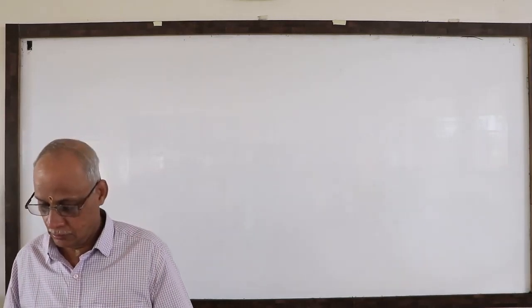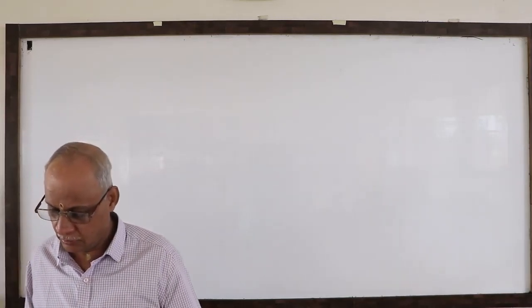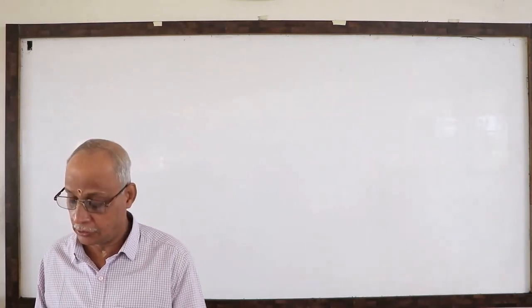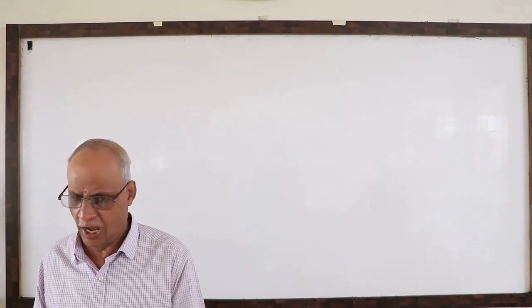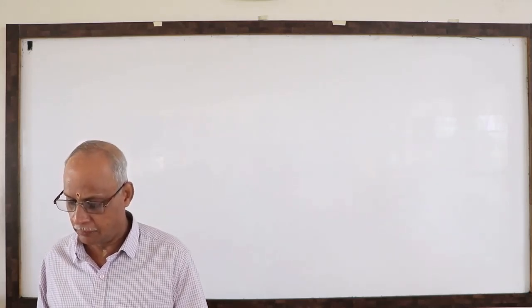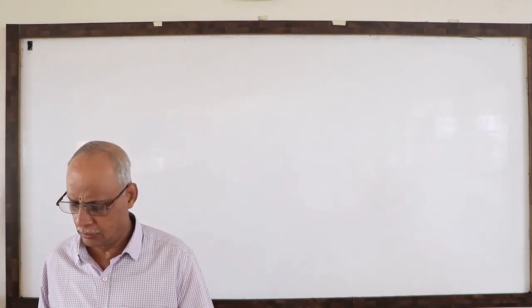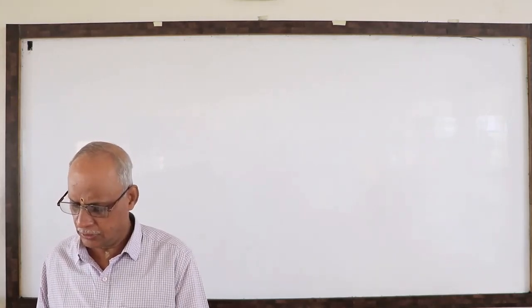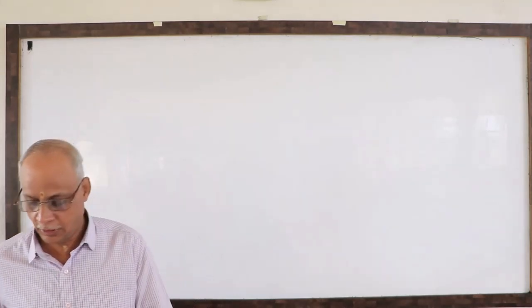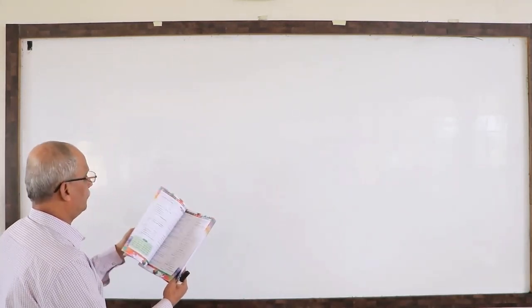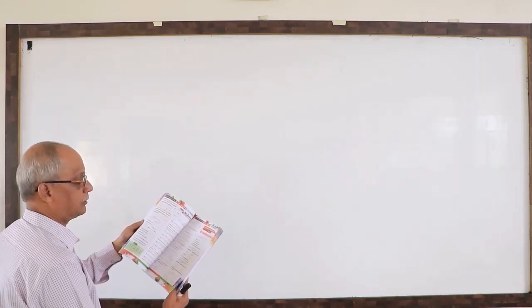So continue problems from this book. Okay, and we are doing the chapter continuity. Continuity chapter problems we are doing continuously without any gap in between. That means no discontinuity in the problems of the chapter continuity. Clear? So if you see here, last time we started doing second level problems.